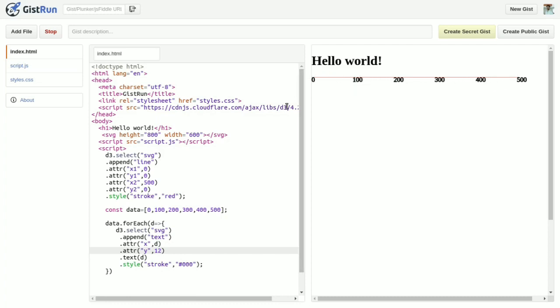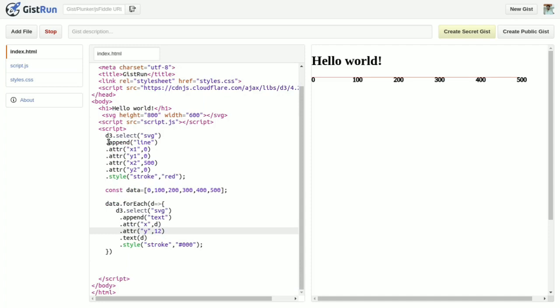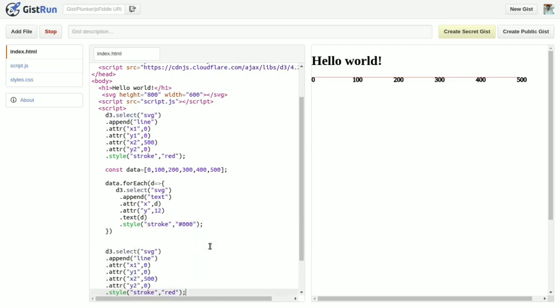Now the same thing for y coordinates. Y coordinates start from the top position of the SVG and go from top to bottom. So how does it work? We take another line, a vertical line.